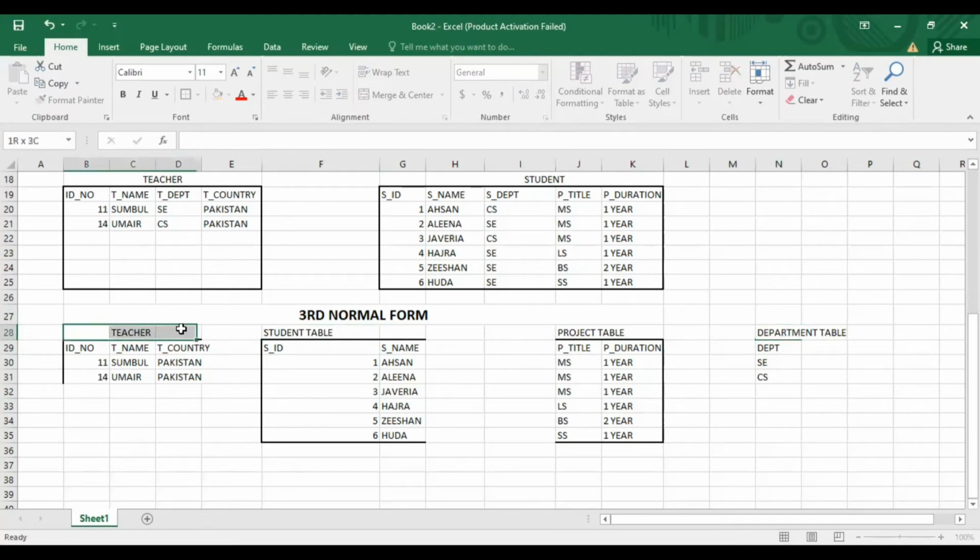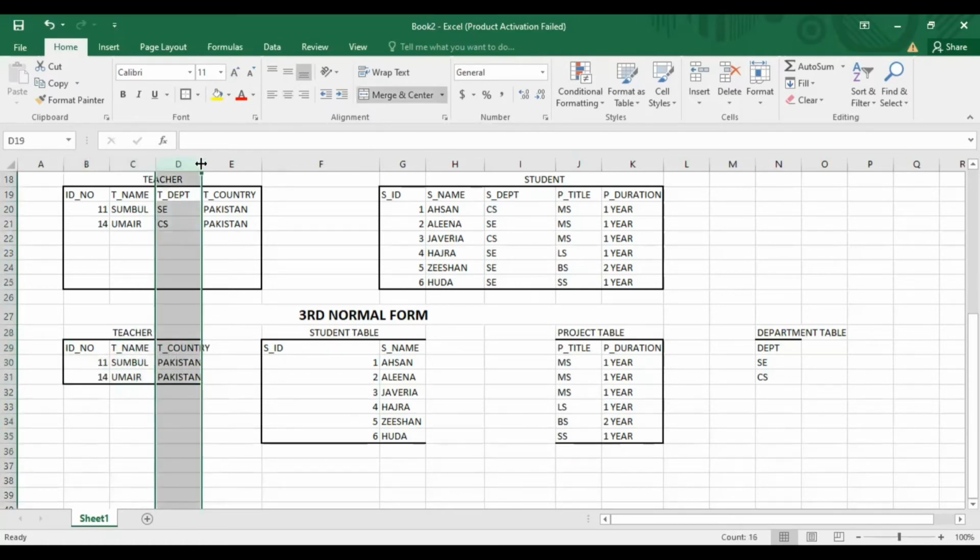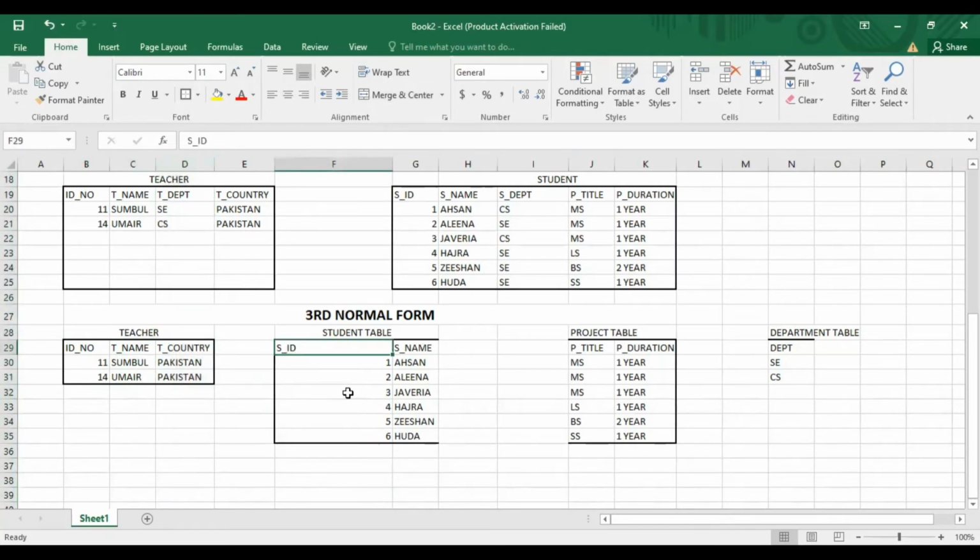Let's sort this out. Now we have separated the tables, and the second step is that we have to assign an ID.